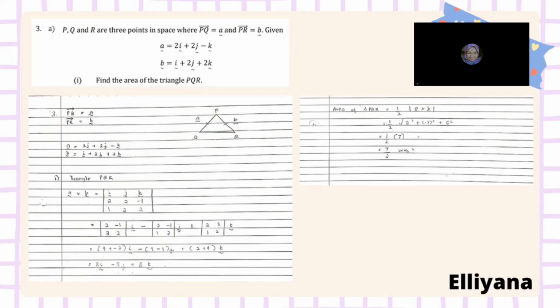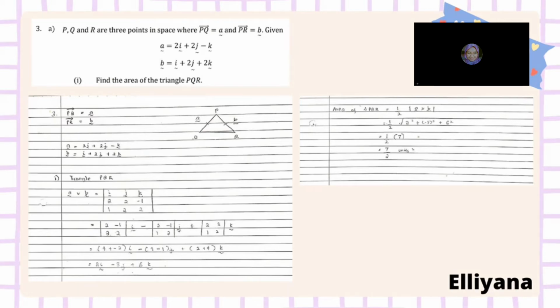Kita buat yang punca kuasa, kita ikut formula macam sebelum ni yang kita belajar. Yang vektor A dengan B tu kita kasih punca kuasa dia. Lepas tu darab, dapatlah sama dengan 7. Lepas tu 7 tu kita darab dengan 1/2. Lepas tu dapatlah dia punya final answer 7/2 unit kuasa 2. Unit kuasa 2 sebab dia area.